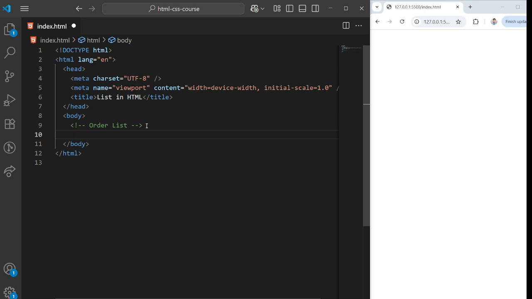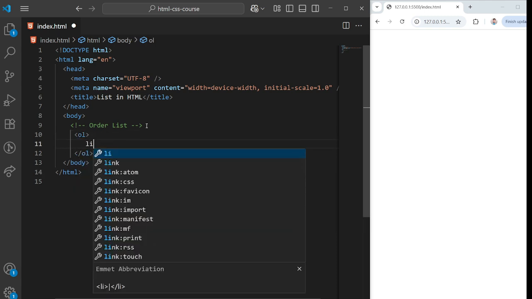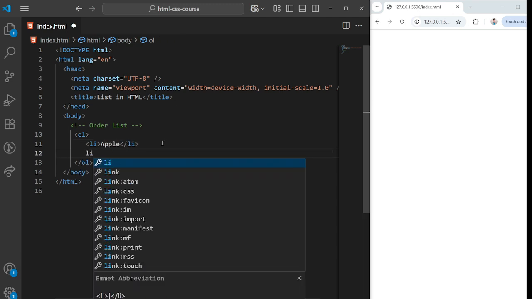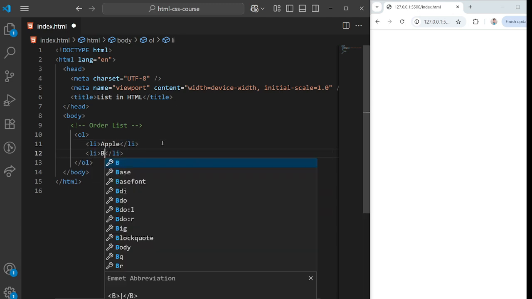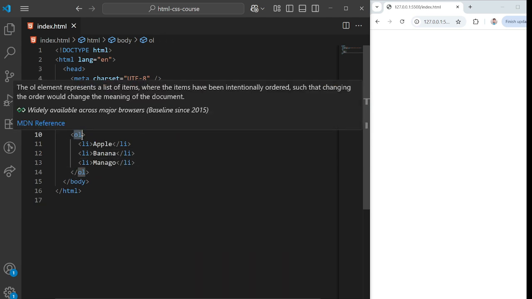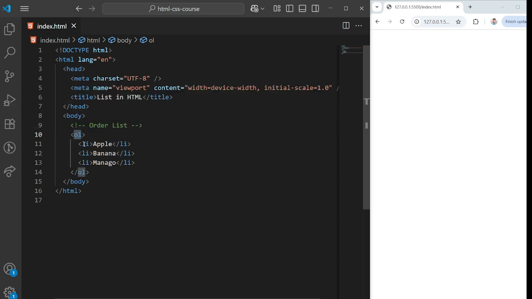For example, let me write an OL tag and inside we have a list item. So here I am going to write apple. Again I am going to create another li, and here it is banana, mango. So here you can see OL stands for ordered list and li stands for list item. Okay, so if I save it and check it in the browser, you can see the list is displayed